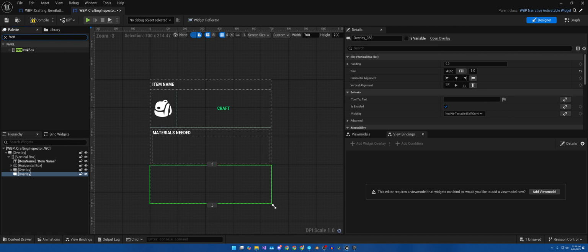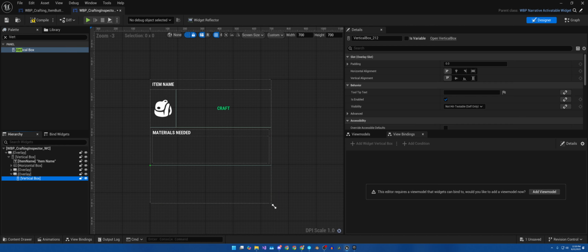And we want a vertical box here inside this overlay, just like with the last one, with a padding of 12, spaced out and kept up at the top. And then within there, we want